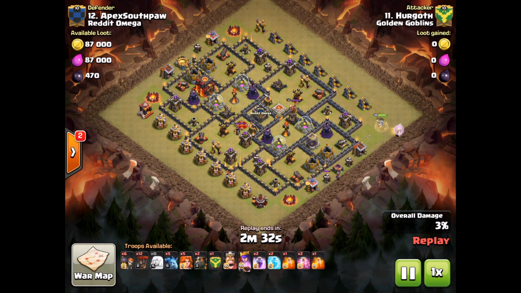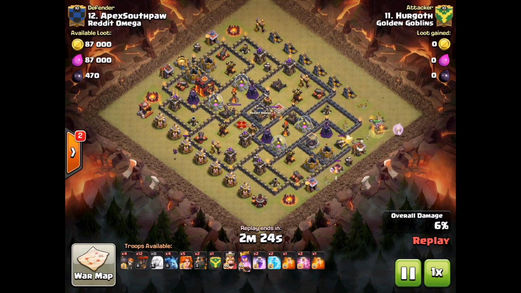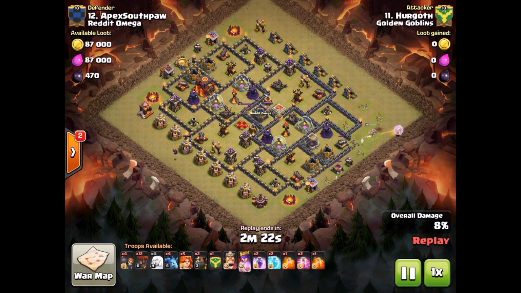It's a Queen Walk Valk Laloon. We're not the only ones doing it. I'm sure there's quite a few clans out there doing it. But effectively, you want to get your queen in, ideally take out one Inferno tower, get at least one air defense with the queen,